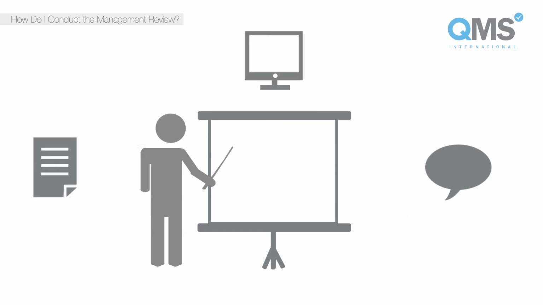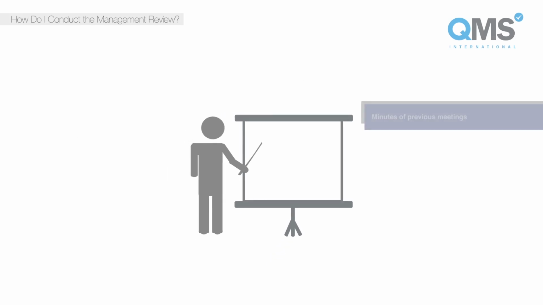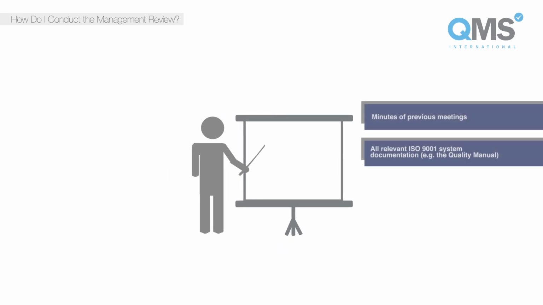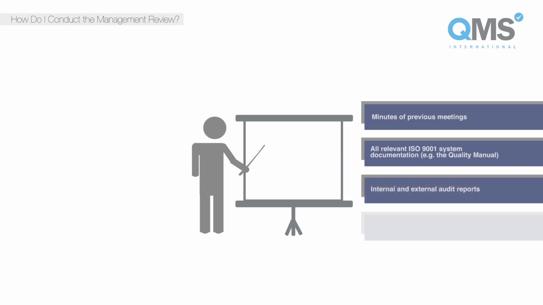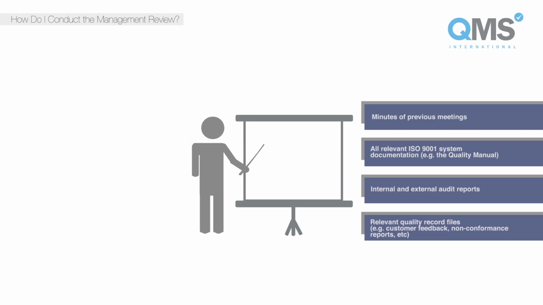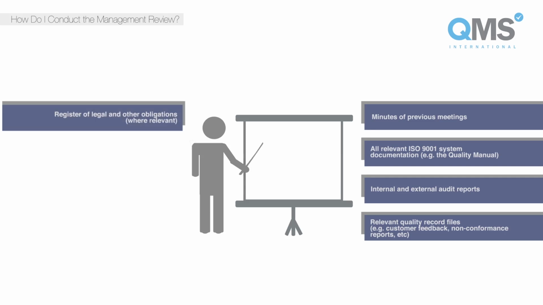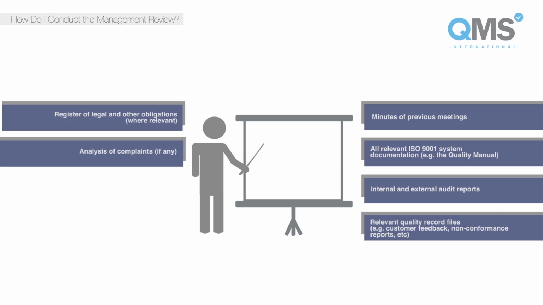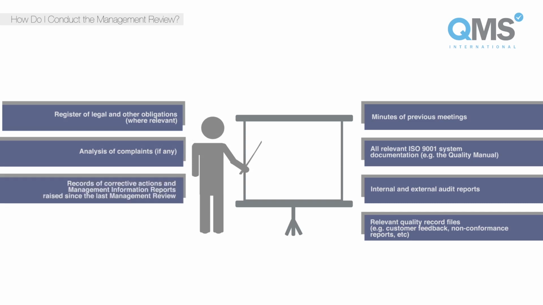The template suggests the following: minutes of previous meetings, all relevant ISO 9001 system documentation, for example the quality manual, internal and external audit reports, relevant quality record files, for example customer feedback, non-conformance reports, etc., register of legal and other obligations where relevant, analysis of complaints if any, records of corrective actions and management information reports raised since the last management review,